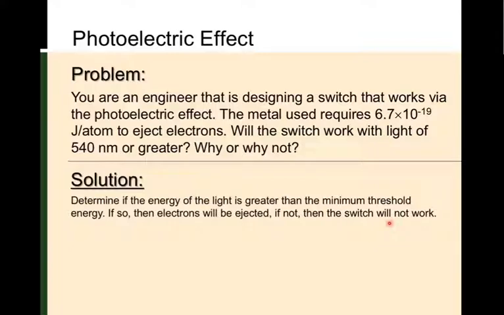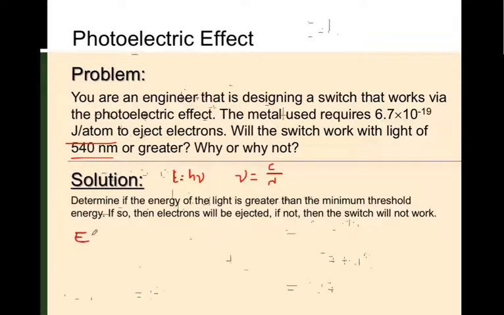So what we need to do here is use the equations that we have, such as Planck's equation. So E is equal to h nu. And then we need to remember that nu is equal to c over lambda. And we need to convert this into an energy in joules per atom. So we know that our wavelength is 540, so we can fit it in here. So E is equal to Planck's constant times the speed of light all over lambda, which is equal to,